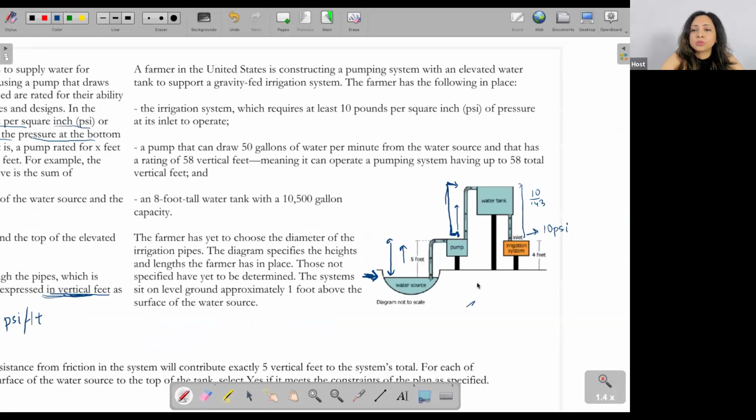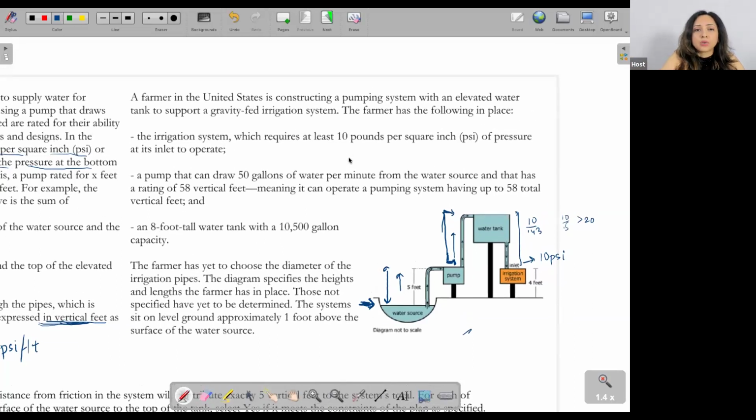Okay, so I know that the pressure I need is 10 PSI at least, or I can say that the height of this column should be 10 upon 0.43, which is something more than 20. Again, at this point, I'm not going to do this calculation, but I know that if this were 0.5, then this would be 20, but this is less than 0.5. So I know that this entire distance, assuming that the water tank is full, should be greater than 20. Again, I'll do the calculation in case I'm required to.